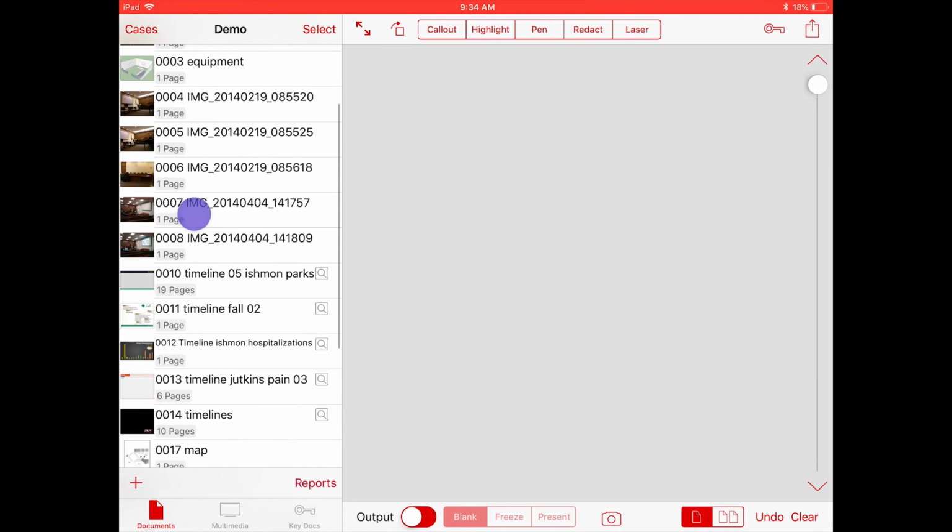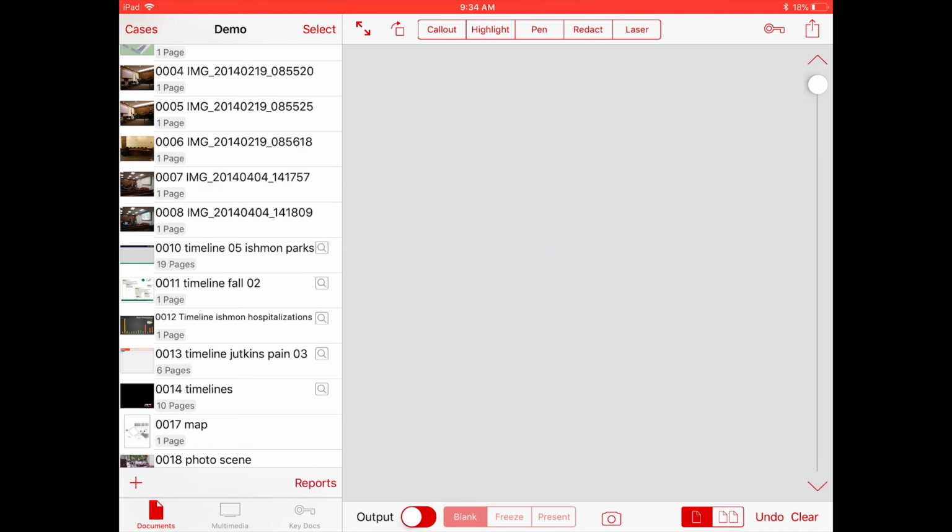All right, I'm going to go into my demo case file and let's say I'm getting ready for either the opening statement or a direct or a cross-examination, and I want to take my full list of exhibits that I have here and condense it to just the exhibits and just the pages that I'm going to need for the next particular opening or direct. The easiest way to do this is as you go through your script, if you've got an outline and it's got all the different exhibits and pages referenced that are going to be used during that witness's examination,